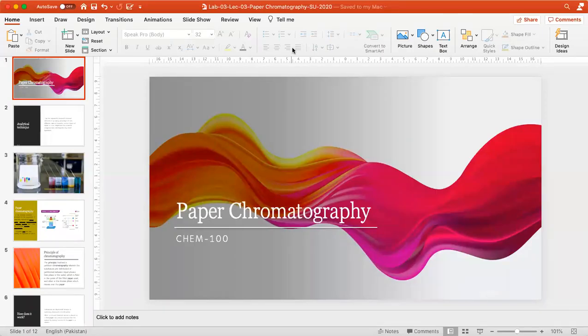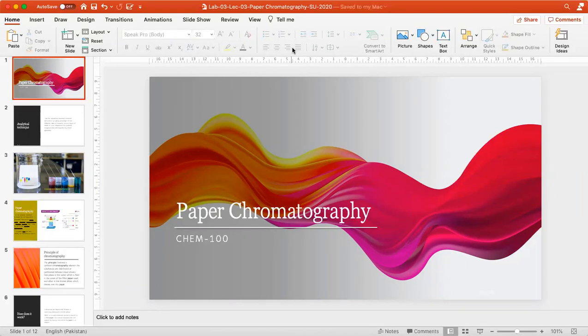Bismillahirrahmanirrahim. This is the new topic for the laboratory techniques, and this is known as paper chromatography. So, I'm going to give you this lecture, and I'm also uploading the lab assignment. This lab assignment is time bound. So, if we talk about paper chromatography,